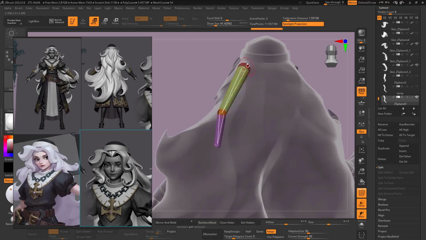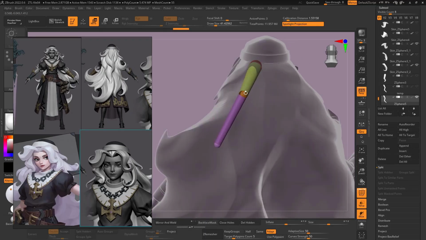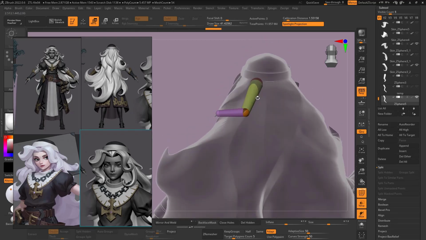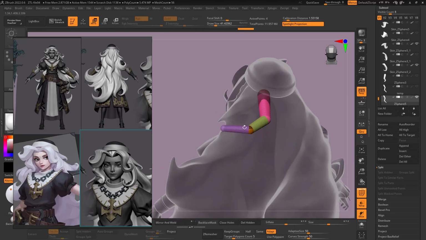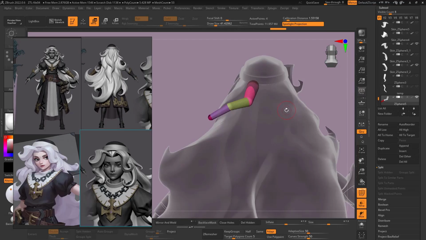As I said in the beginning, it's not for beginners. The course is for intermediate and advanced, so you need to know the basics of ZBrush. So let me turn off this part and let me see here